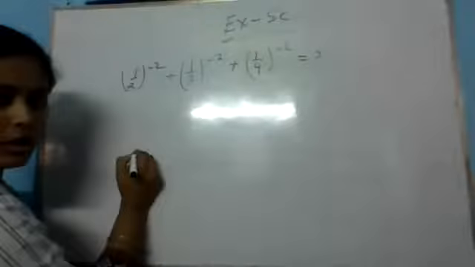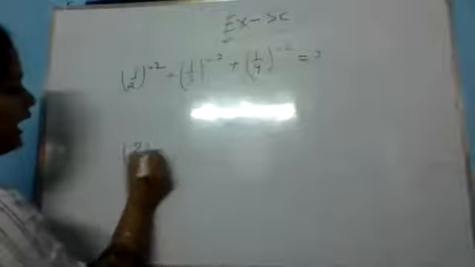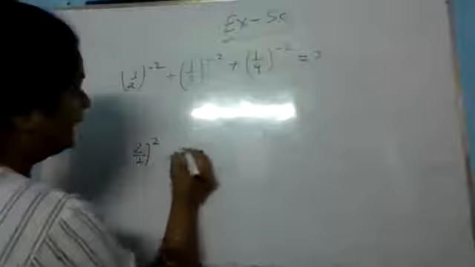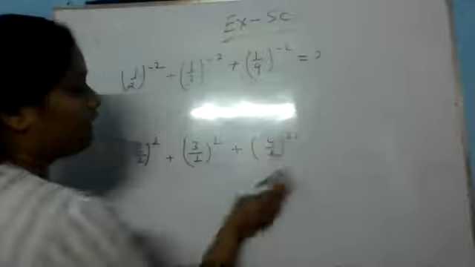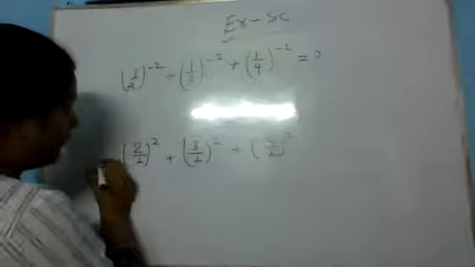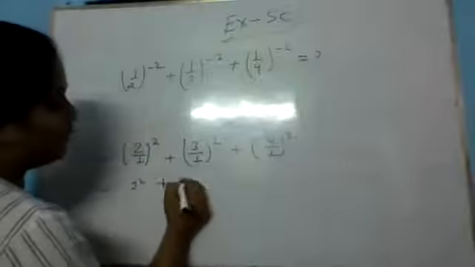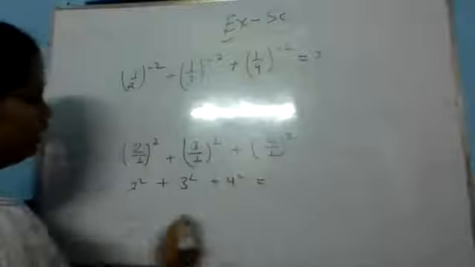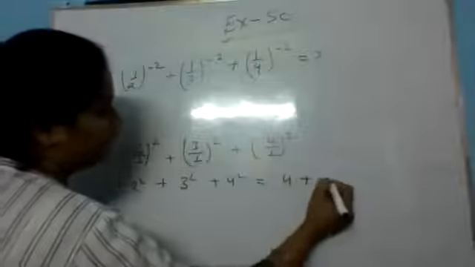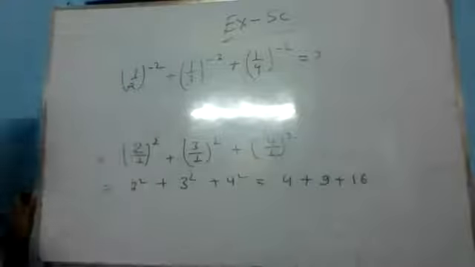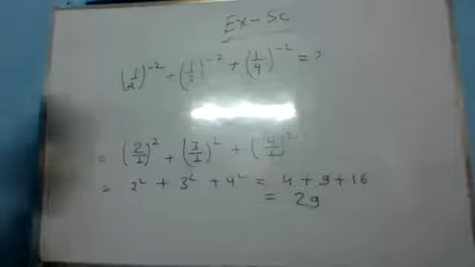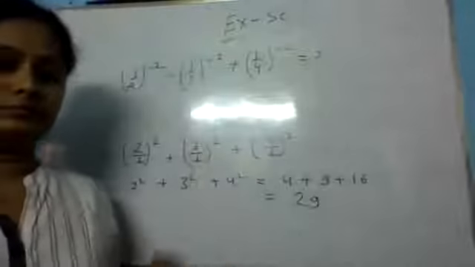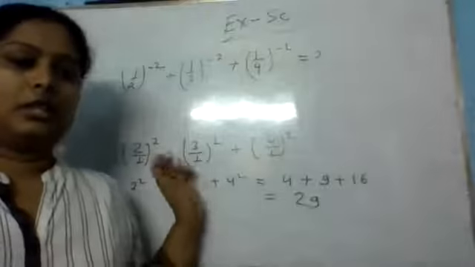Now how can we write this? We can write the reciprocal of the fractions like 2 upon 1 and the power will be 2, and here 3 upon 1 and the power will be 2, and here 4 upon 1 and the power will be 2. Like 2 upon 1 is your 2, 3 upon 1 is 3, 4 upon 1 is 4. Now expand this: 2 squared is 4, 3 squared is 9 and 4 squared is 16. Now just add it, so your answer is 29. Is this question clear?